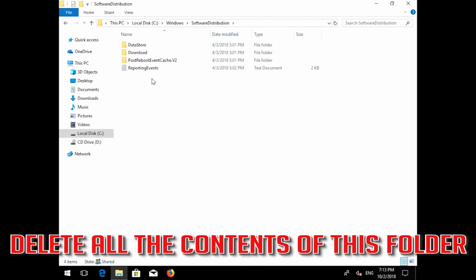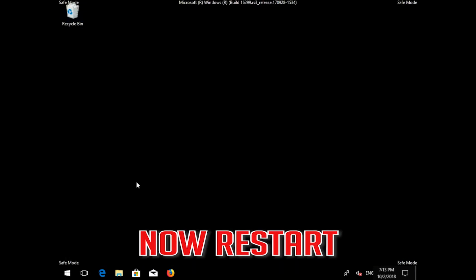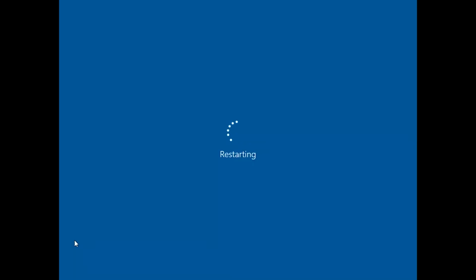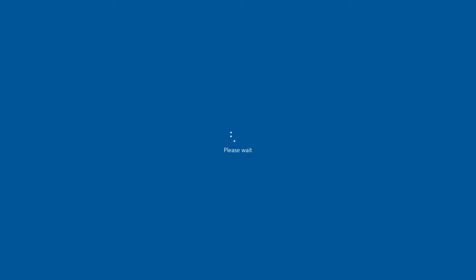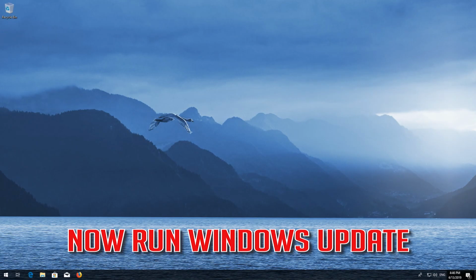Delete all the contents inside this folder. Now restart. Now run Windows Update. If that didn't work,